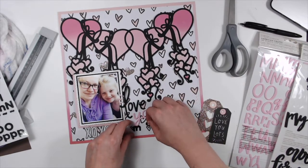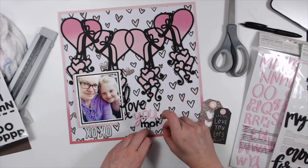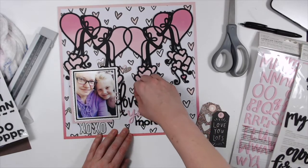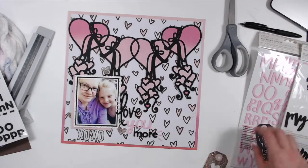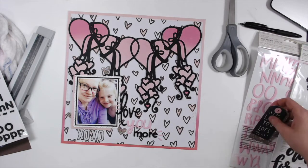And then I'm going to work on my cluster that I'm going to put in that bottom right corner. I was thinking about using those two tags, but they were too big and I just wanted to use the tops of them. So I'm going to cut the top off of the glittery one, and then I'm going to make my own black tag out of the scrap paper from the cut file and just kind of cut the